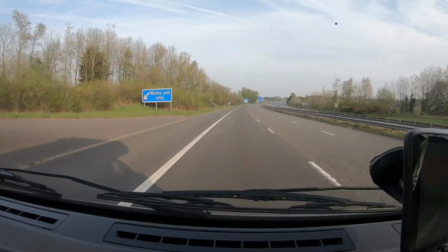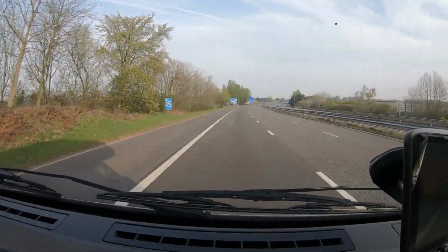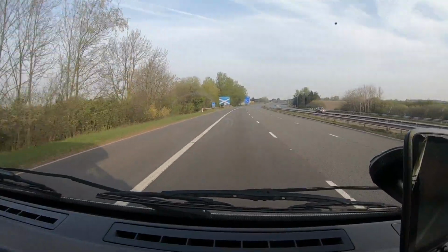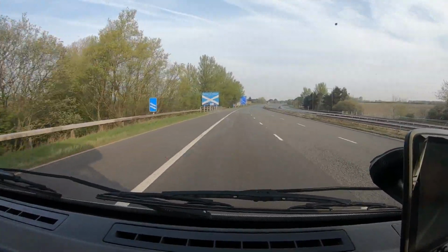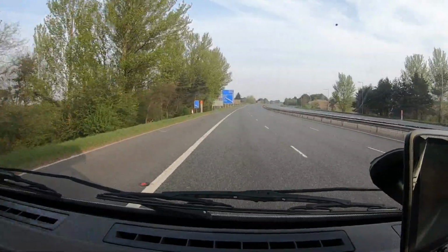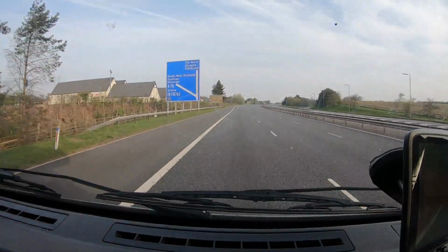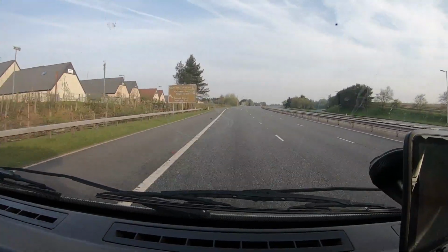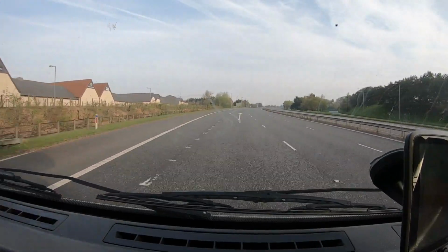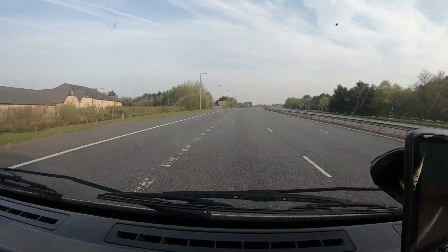Scotland for a photography trip. The final destination, well, the first destination really, is Glen Etive, just into Scotland. Like I said, the first destination is Glen Etive, spending about 10 or 11 days in Scotland for a photography trip,